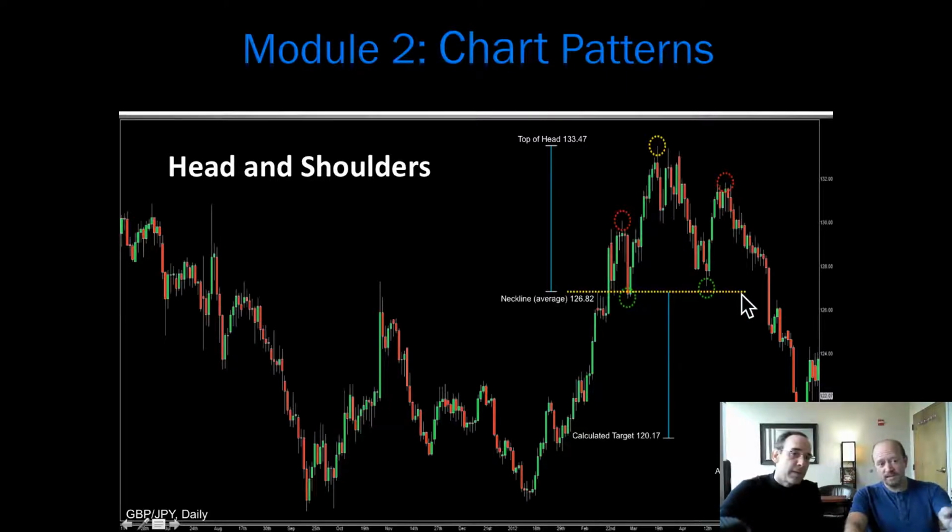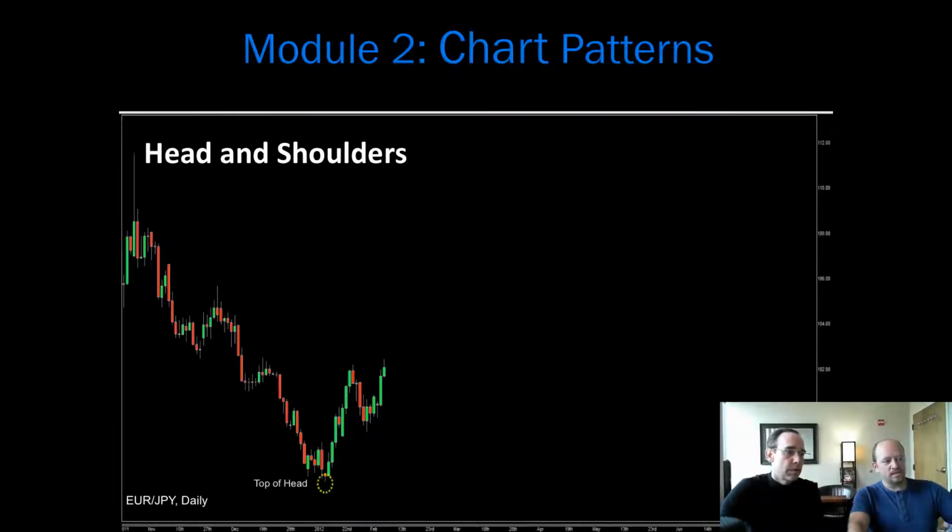I'm obviously not a full-time trader, but I can just see that when it broke the neckline, it just accelerated. Exactly, and that's something we see as an aspect of the Head and Shoulders. When they break the neckline, there does tend to be an acceleration in the price. So once it broke there, it went on down, and that is, very technically, the point of entry. Once the price breaks that neckline and goes down, that's when you want to enter. That's powerful. Right. Okay, so tell us what we're looking at here.